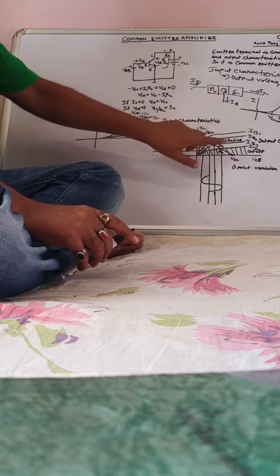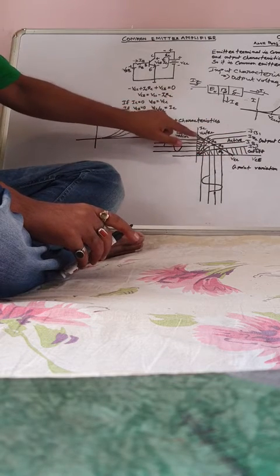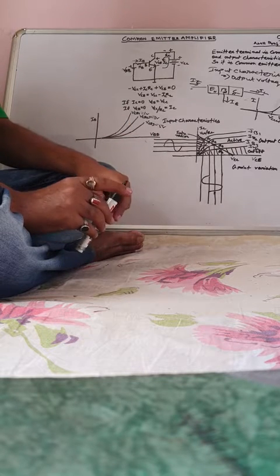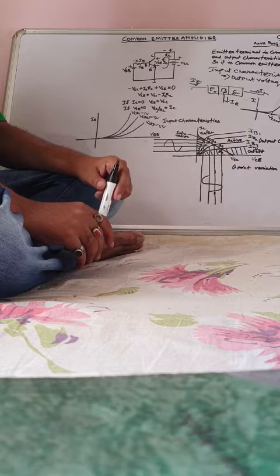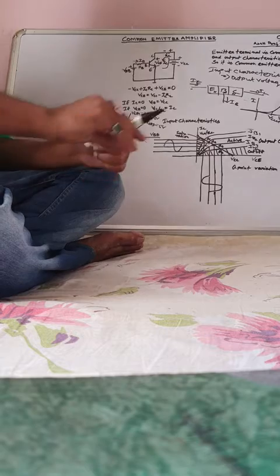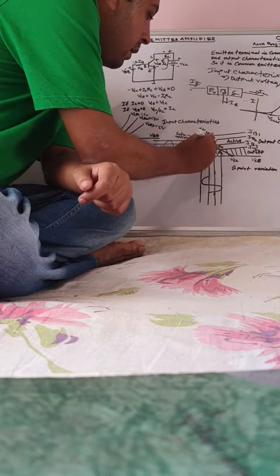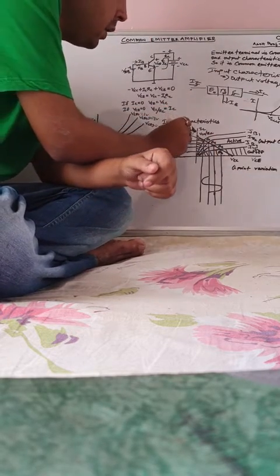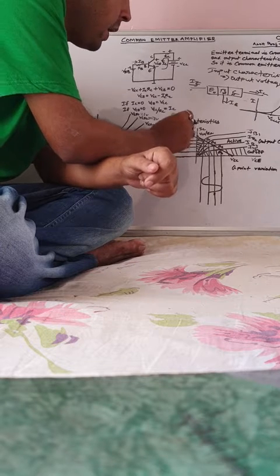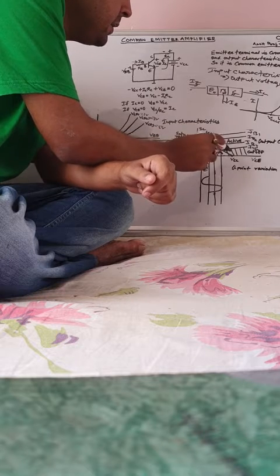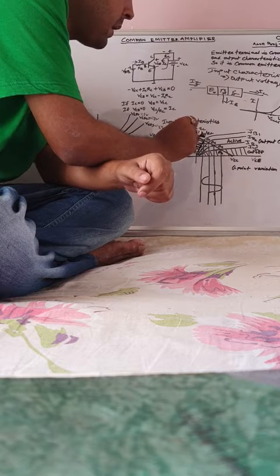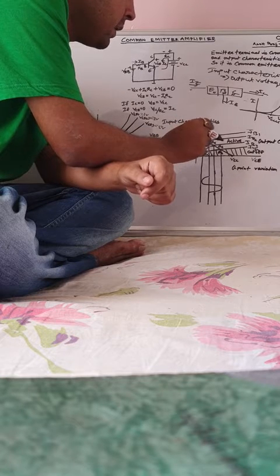So this is your cutoff region, this is your saturation region, this is your active region. You don't need to learn now what is cutoff region, saturation region, active region. That you will learn when you understand transistor from the basics. Now for the time being, you have to understand this. You join these two polar points located on the y and x axis respectively. It will cut the active region curve in Q1, Q2, Q3, Q4.